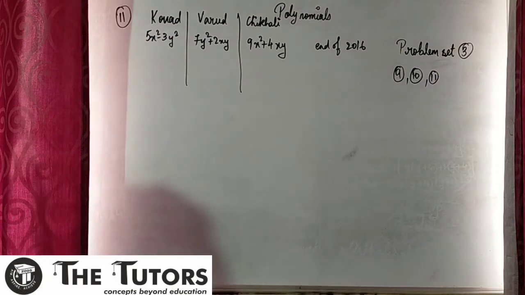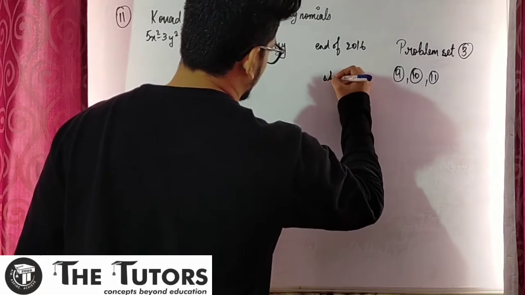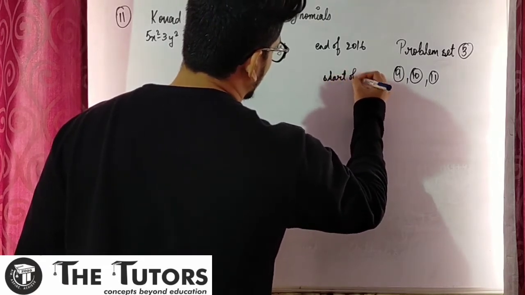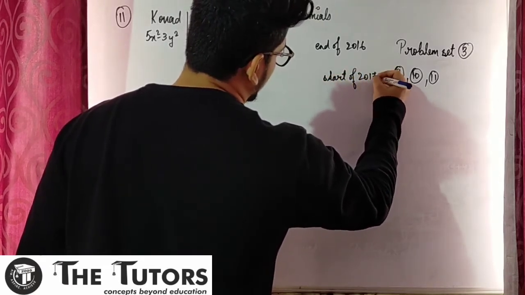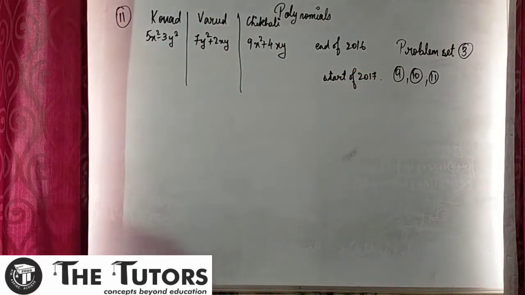At the beginning of the year 2017, start of 2017, x square plus xy minus y square, 5xy and 3x square plus xy